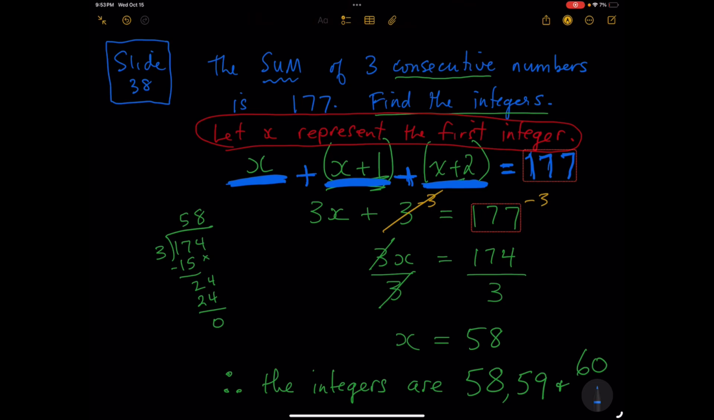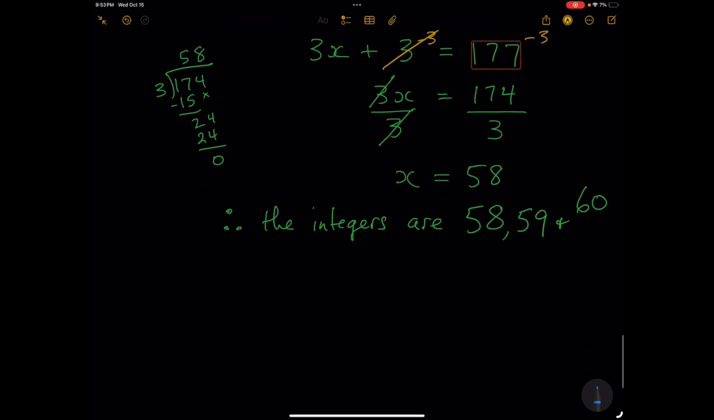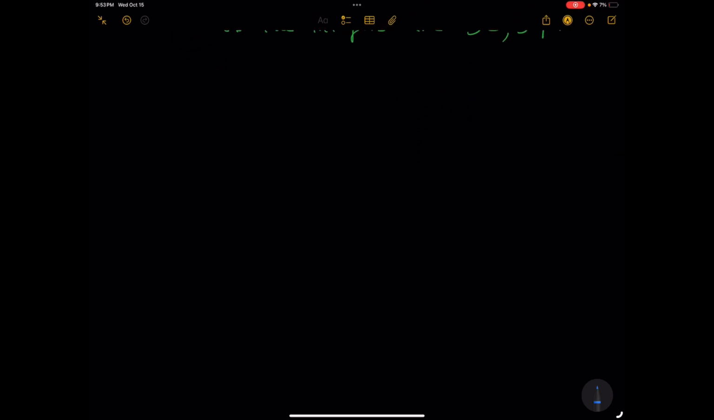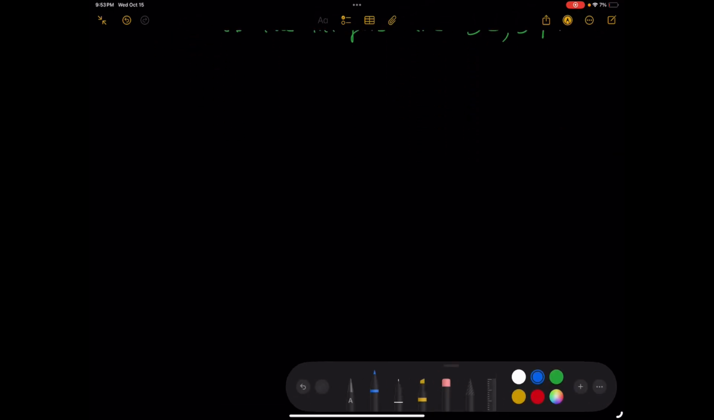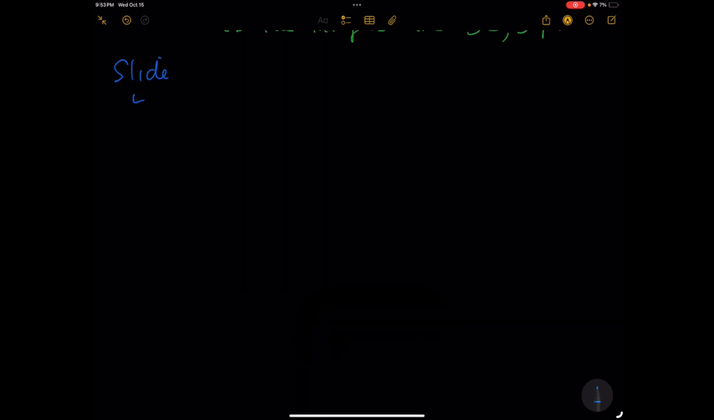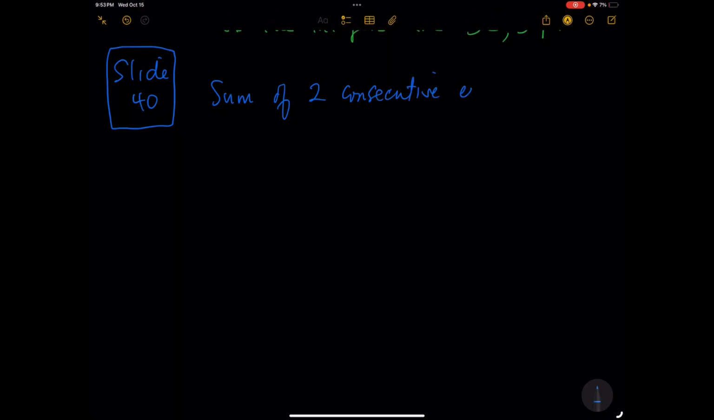Looking ahead here, there's a question here on slide 40. It's talking about a similar kind of idea, the sum of two consecutive even integers is, and it's a negative,